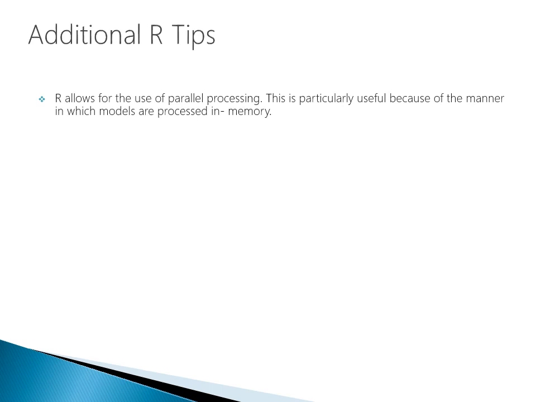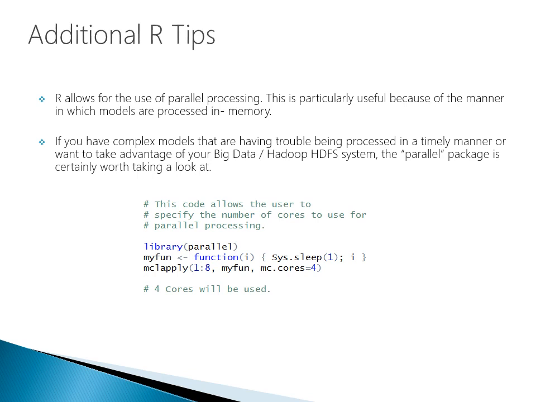R allows for the use of parallel processing. This is particularly useful because of the manner in which models are processed in memory. It can be a drawback depending on the computer that you're using and the performance that you have. But if you've got a powerful computer with a lot of RAM and multiple cores, we can draw from this to our advantage. And I just want to talk about this a little bit. If we have a complex model that we're having trouble processing in a timely manner, it's just taking forever to run,